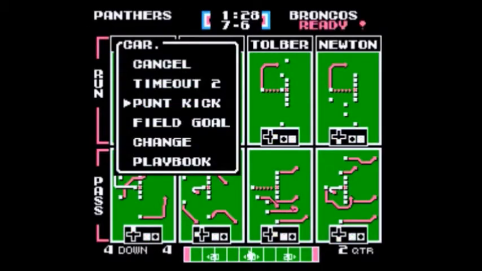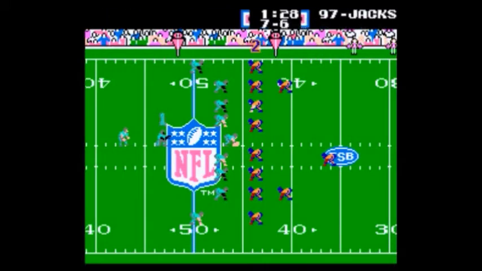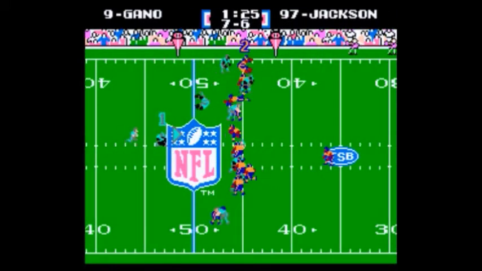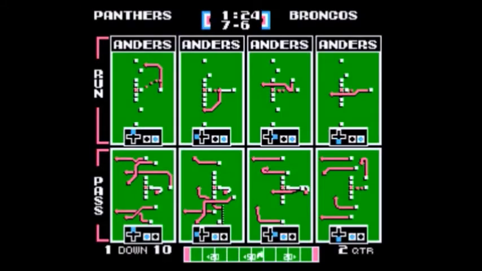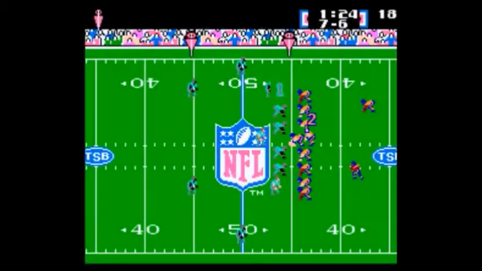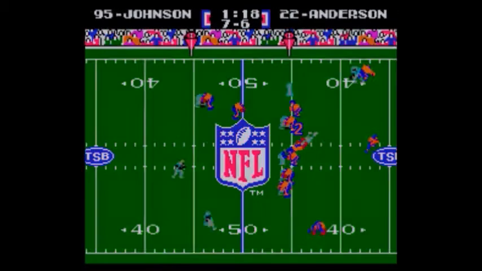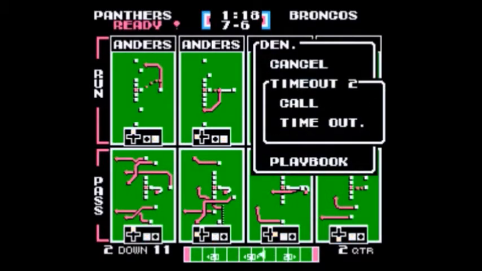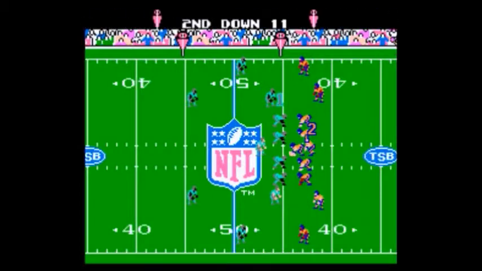And Cam Newton with an incomplete pass there. It looks like Carolina's going to set up for a long field goal here with a minute 28 left. They're going to set up for, what, a 53-yard field goal? Yeah, well, it looks like it's at the 10 of the end zone. That would have been a 62 or 63-yard attempt. And as it was, it was almost good. That almost went in, Bob. It did. That was a curious call there by Riverboat Ron, but the Broncos take over in their own territory with a minute 18 left to go in this half.